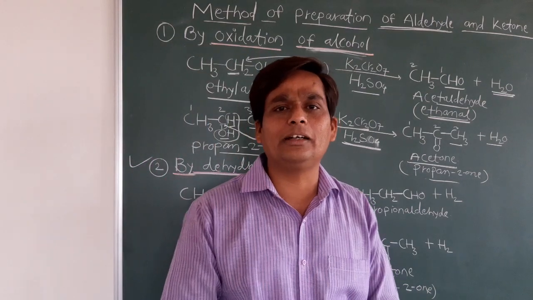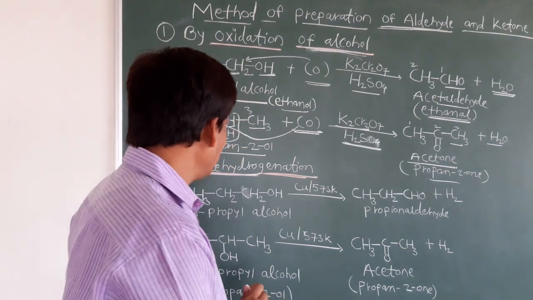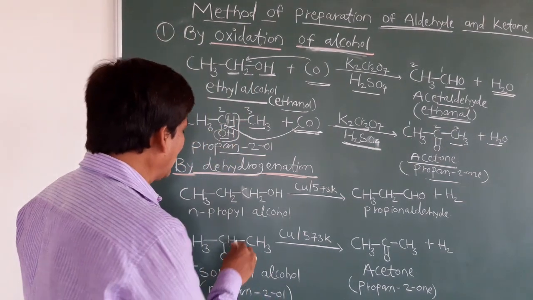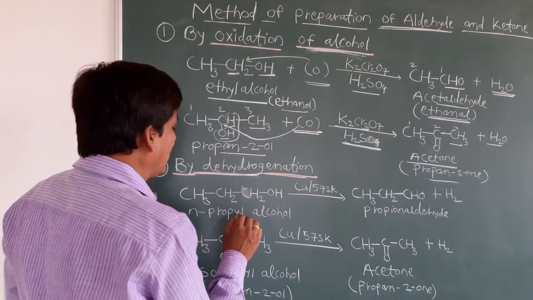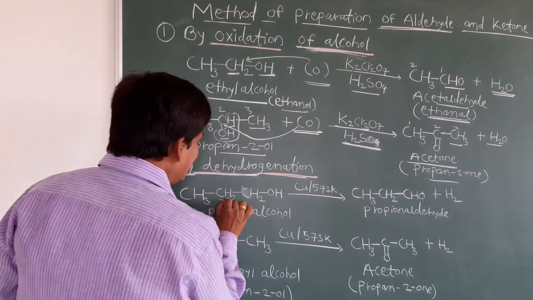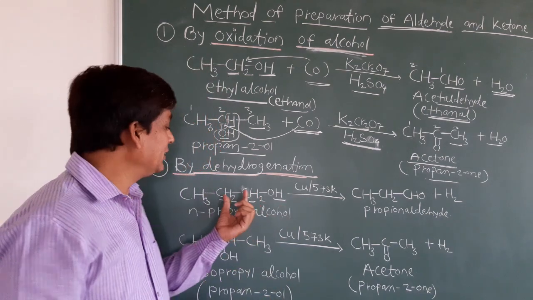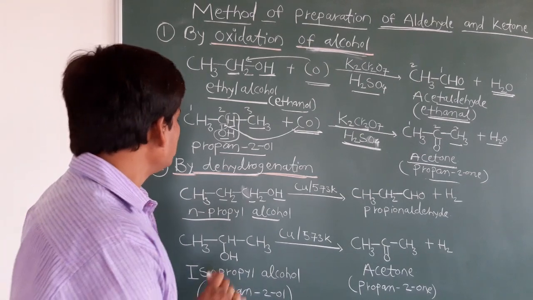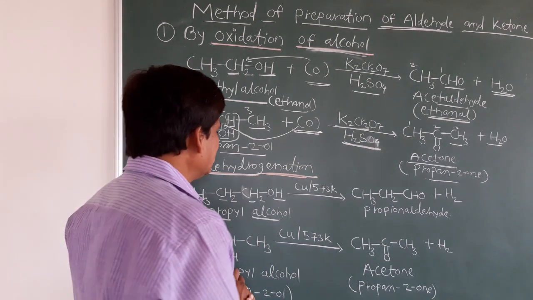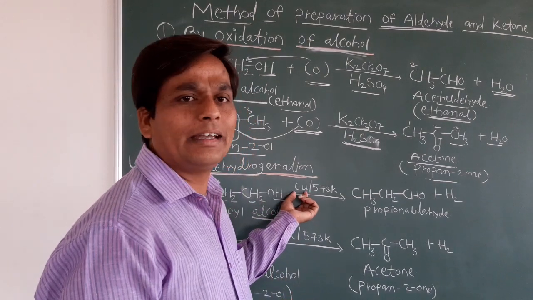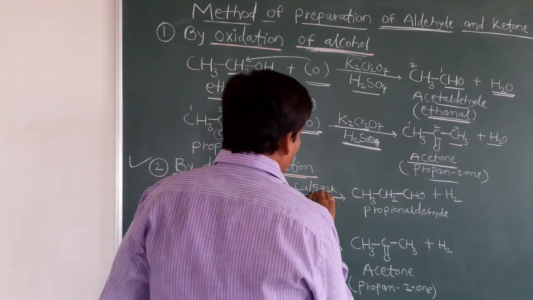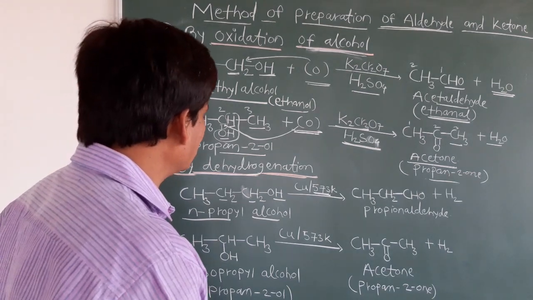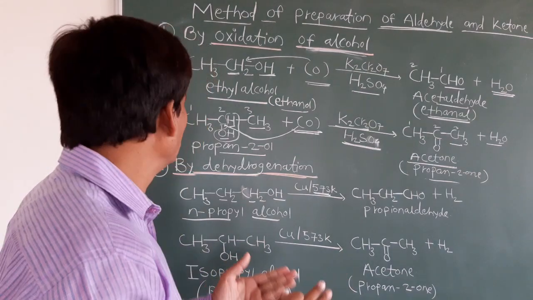It is an industrial method to prepare aldehydes as well as ketones. It is a very simple method. I have taken an example of n-propyl alcohol. You know the structure of propyl alcohol? Yes, CH3CH2CH2OH. Three carbons are there, so we can say it is n-propyl alcohol. In this dehydrogenation reaction we are using copper as the catalyst, at a temperature of 573 Kelvin. So what happens, students, in this reaction? In this reaction, hydrogen is removed.